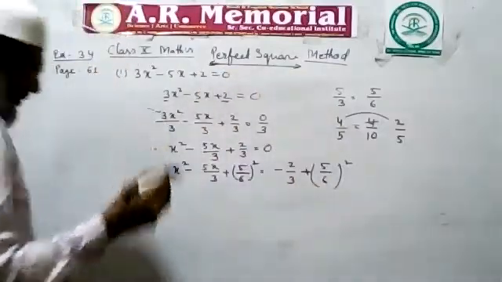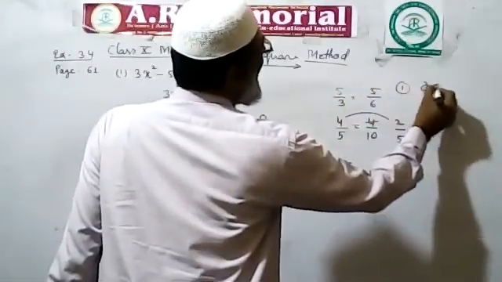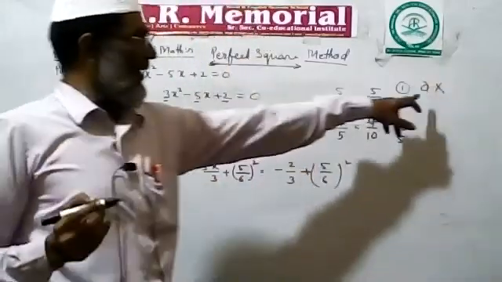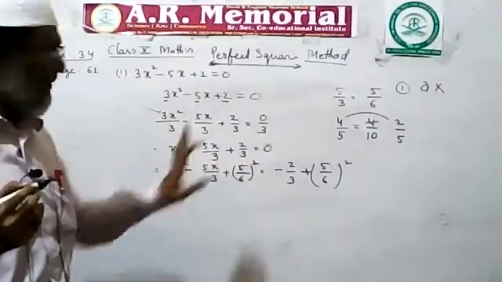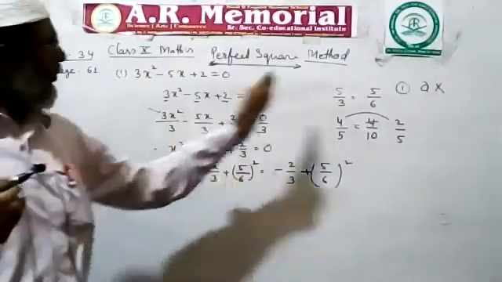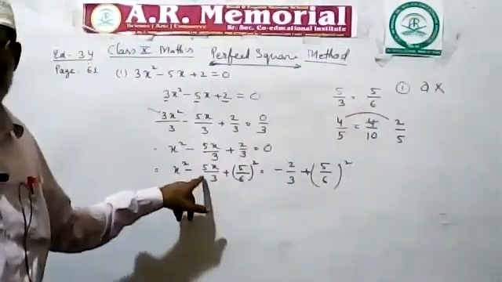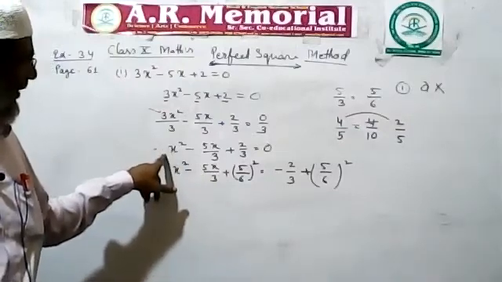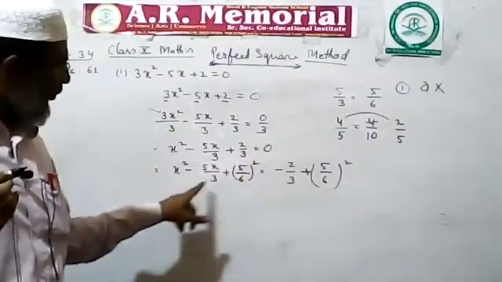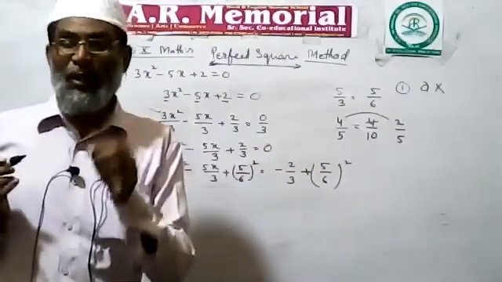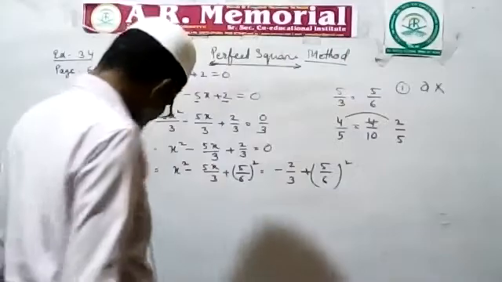Step number 2. Avoid A, cancel A. A is the coefficient, so I cancel A. So my position comes to this. Yes, the numerical number goes to the RHS, so only 2 is there. Add half of B, the coefficient of B. This one is A, and A is here 1. B is this, and C is this. C goes to that side. Half of B. Add the square of half of B. Add the square of half of B.